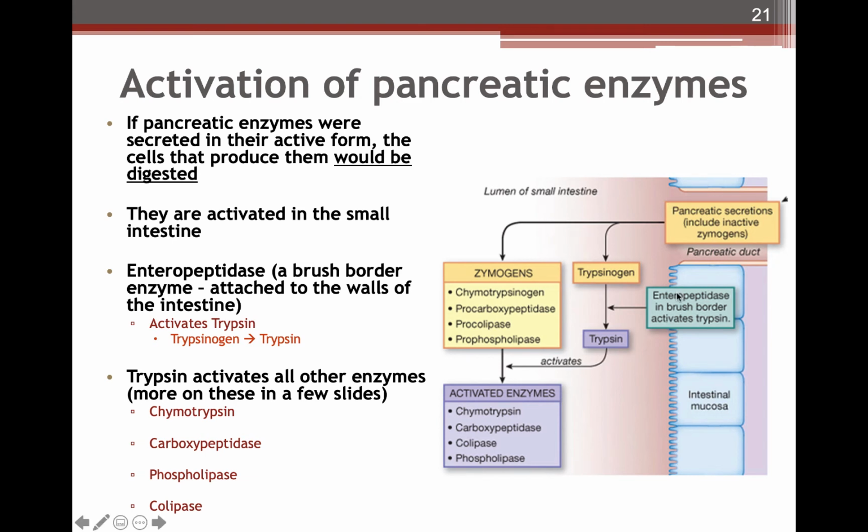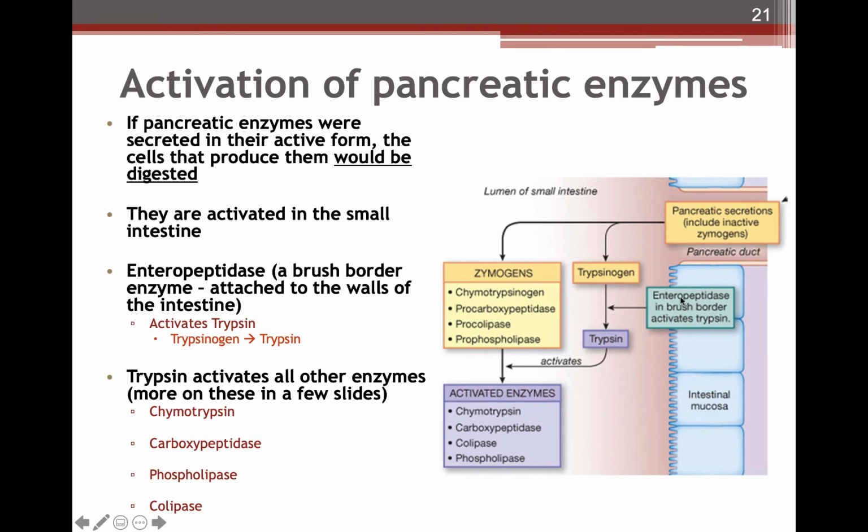And so there are enzymes that are actually mounted on the exterior walls of these villi and microvilli. And so those enzymes that are mounted on the exterior plasma membrane of these intestinal mucosa cells are called brush border